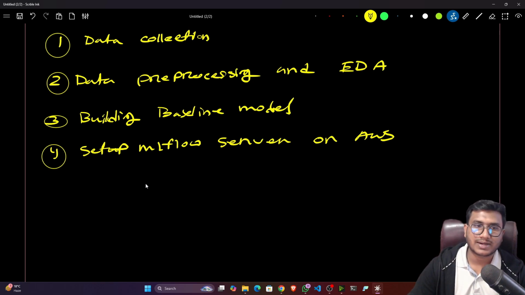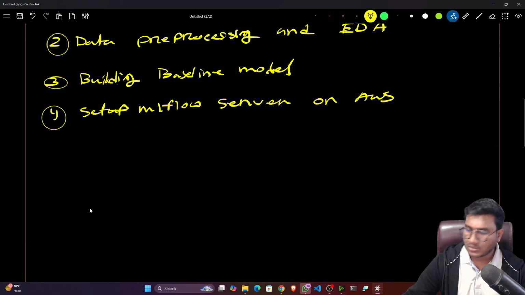Okay, but I'm not going to use DagsHub, because DagsHub is actually a public server. Everyone can see that. So I'm going to create my private server, and we'll try to do all the operations there. Even in the industry, people are using an AWS server to set up MLflow, and MLflow is an experiment tracking tool. Once we have set up the MLflow server, then we'll try to do all the